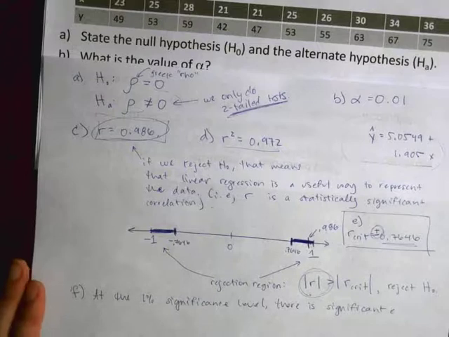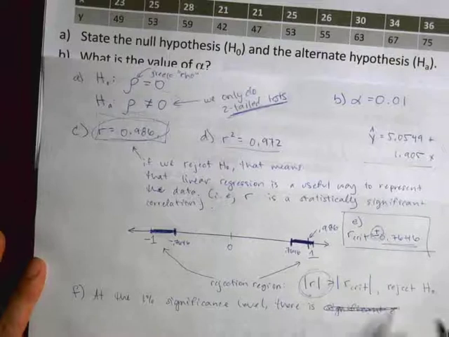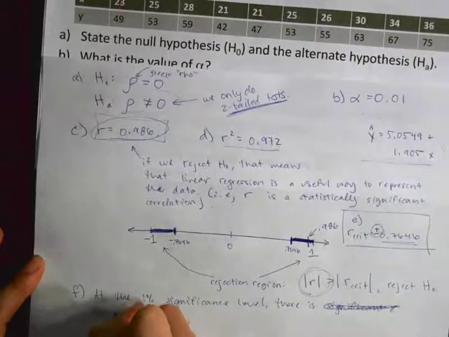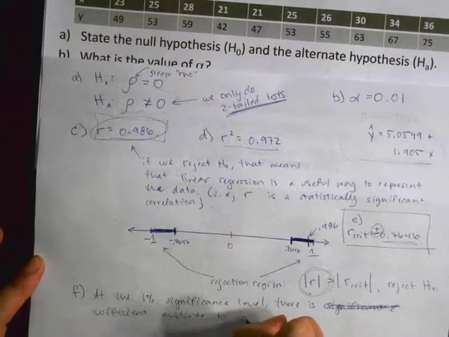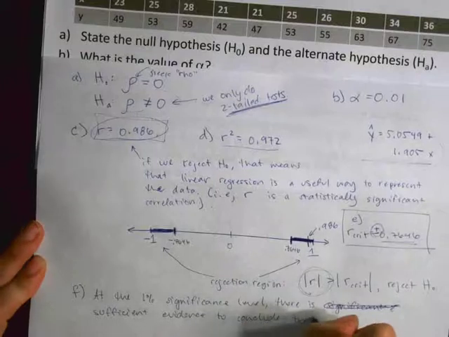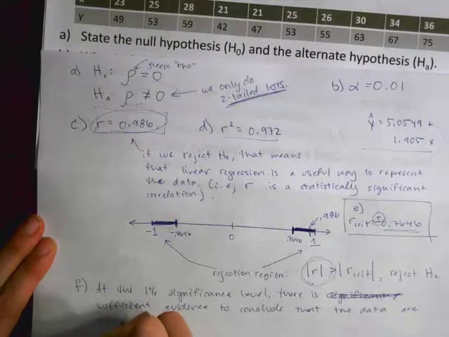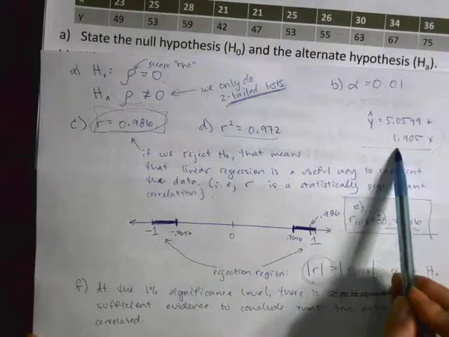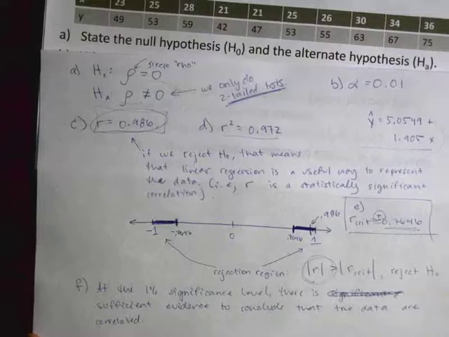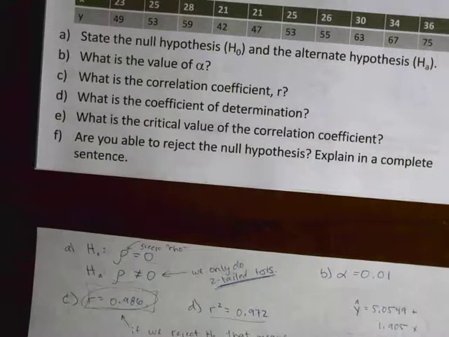Okay, so our final answer is at the 1% significance level, there is sufficient evidence to conclude that the data are correlated. Another way of saying that is that the linear regression equation here is a meaningful or a useful way to represent the data. So I hope that clarifies some of the stuff that we've been doing with this hypothesis testing, and you should expect to see a very similar